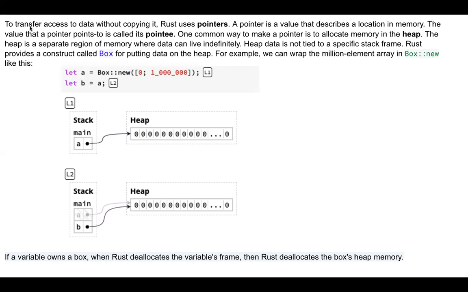Now, to transfer data without copying. In the previous example that we saw, it was copied. We had a equal to 5 and then mutable b equal to a, and what it did was it copied. But when you have huge values, like here, 1 million, if you make a duplicate copy, you're wasting stack memory. You are unnecessarily using the memory when you don't have to for large variables. In order to solve that,